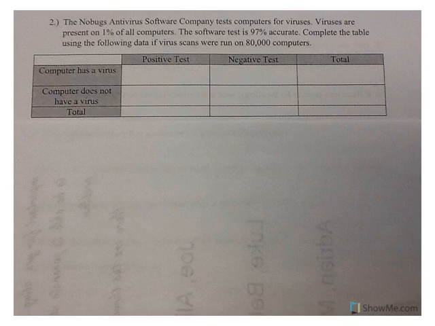All right, number 2. Another problem here with our table. The antivirus software company, blah, blah, blah, 1% of all computers have viruses. The software test is 97% accurate. Complete the table using 80,000 computers. So the total is 80,000. Once again, it says 1% of all computers have a virus. So 1% of the